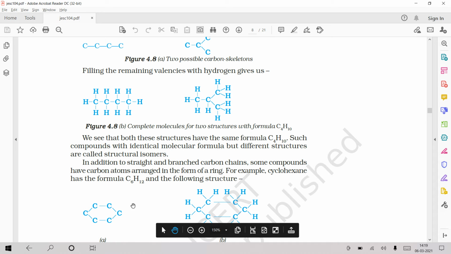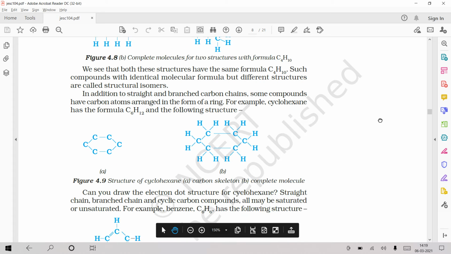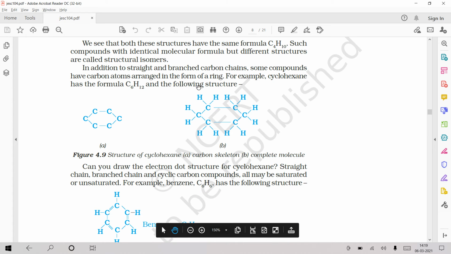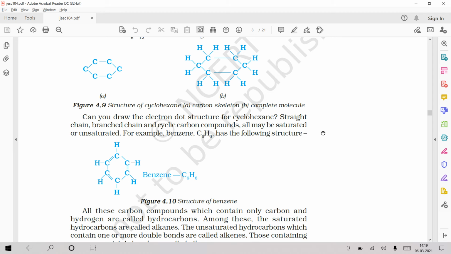In addition to straight and branched carbon chains, we also can have a closed ring of carbons. You can see it is like a ring of carbon. You make a circle with carbons attached one to one. So here each carbon will have two bonds already, you can see. So the other two valences should be satisfied with two more bonds. So you can give each carbon two hydrogens. With all 6 carbons, 12 hydrogens will be there. These are called cycloalkanes. Since it is a 6 carbon containing cycloalkane, it is called cyclohexane.